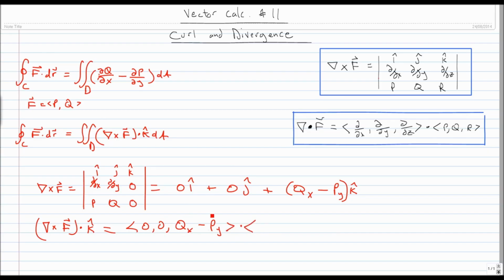So what does it mean to be a unit vector in the k hat direction? Well, that means that you have components 0, 0, and then 1 in the k hat direction. You have a magnitude of 1. So obviously when you take this dot product, you have 0 times 0 is 0, plus 0 times 0 is 0, and then you just have this term here multiplied by 1, which is exactly what we have here. Okay, so this is actually how I remember